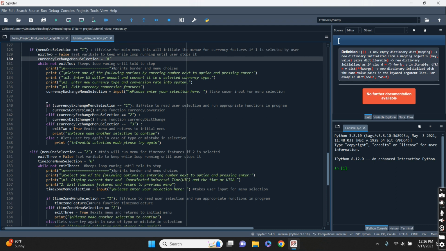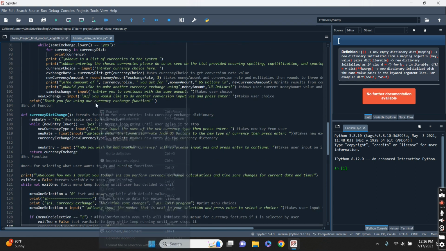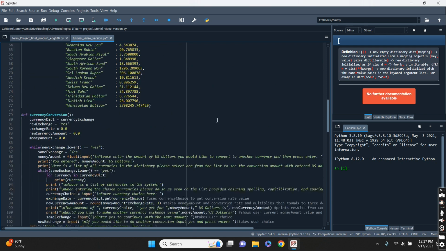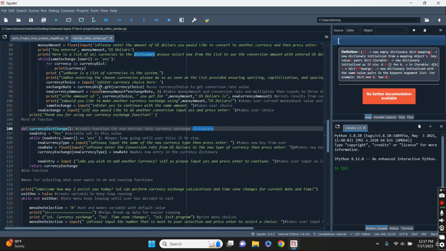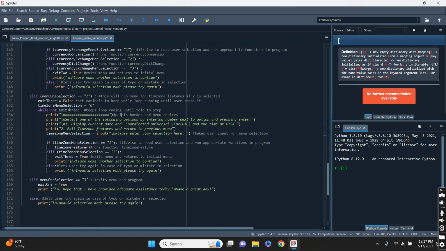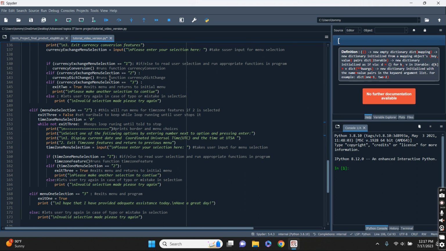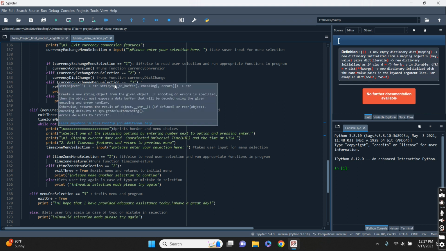And then here we get down to how we're actually running our functions. This is pretty important to get right. So you have your if statement for currency exchange menu selection. That's what all these are going to equal, and then your different choices that you can enter. Obviously, choice 1 is your currency conversion. So that's running this function that we made up here, the currency conversion, and it's getting us into this, and we can do all those features. 2 is doing the same thing with that currency dictionary change. So this is how we're changing the dictionary if we want to. And then 3 is our exit. It's going to exit it out and